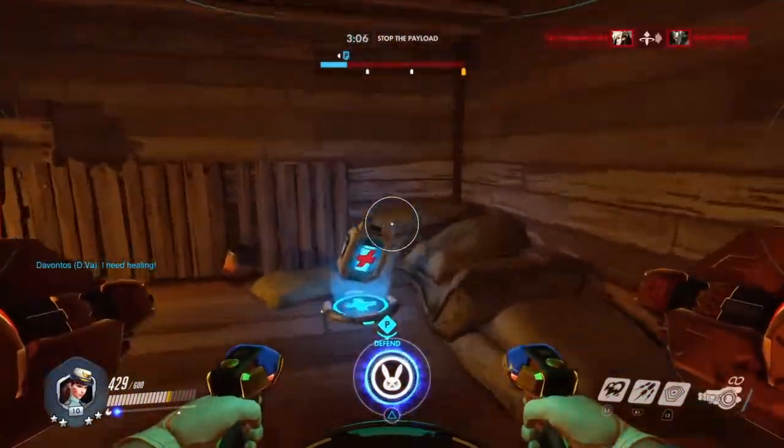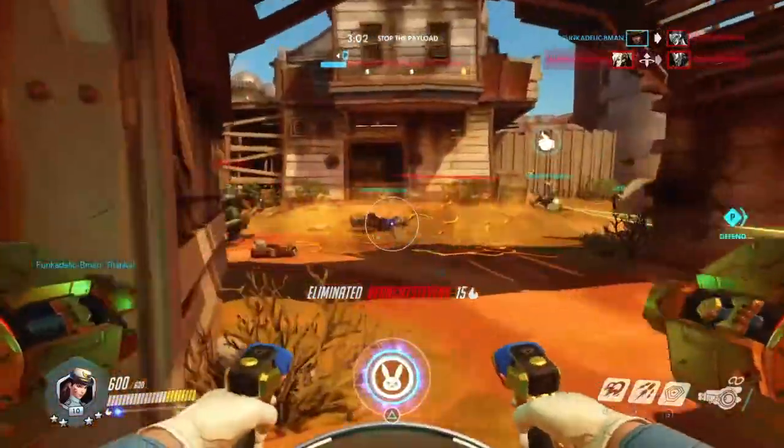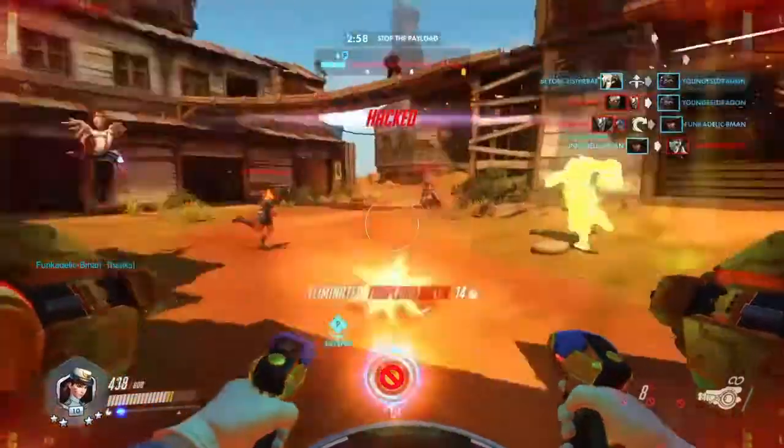You know, you're playing as Bastion, you see a Reinhardt, he's instantly the first guy you target to down the barrier. It's the same thing with D.Va. You're playing as D.Va and you see a Reinhardt, target him, because you can down his barrier much faster with